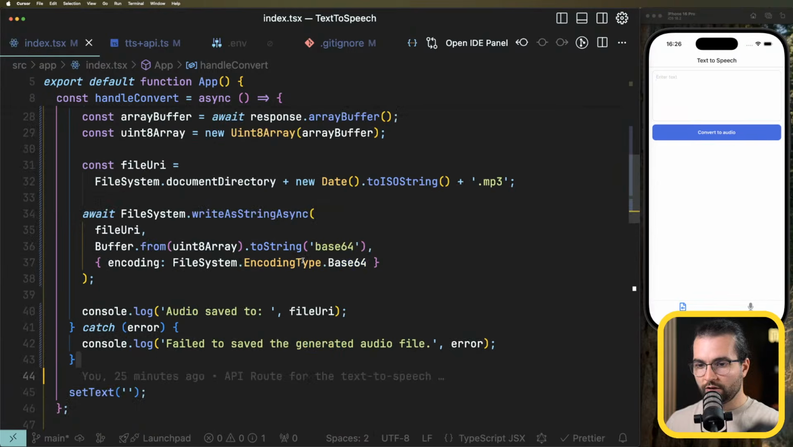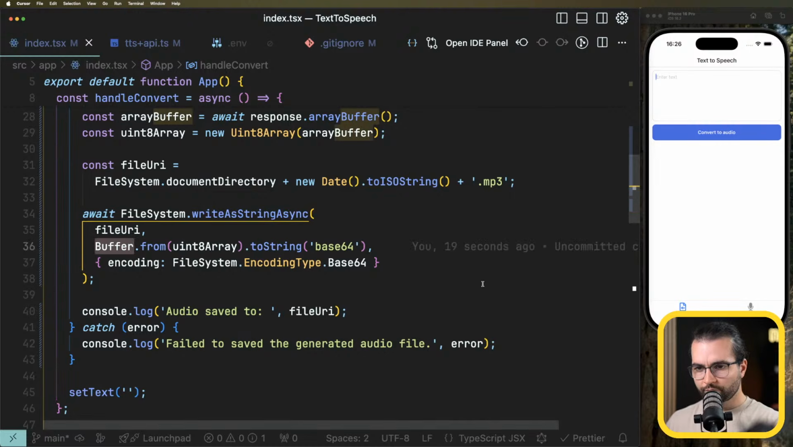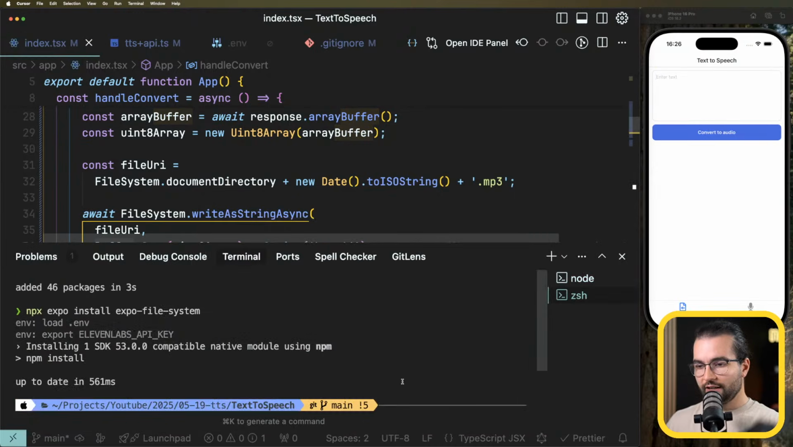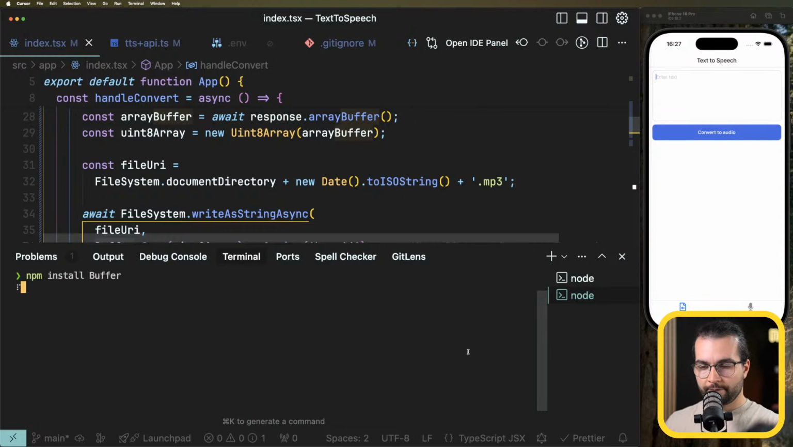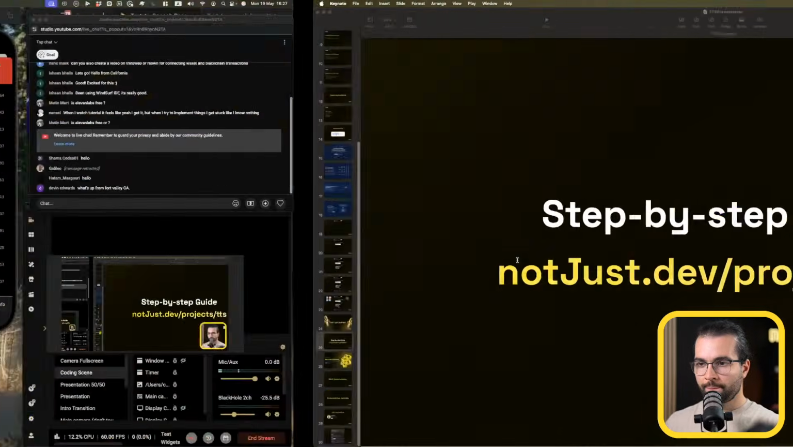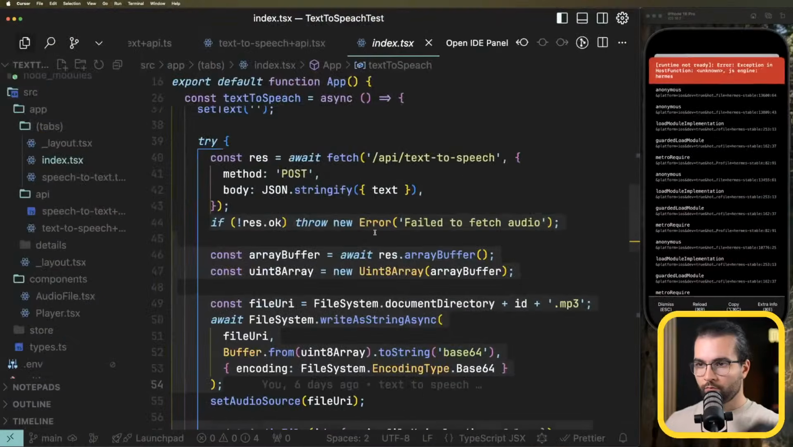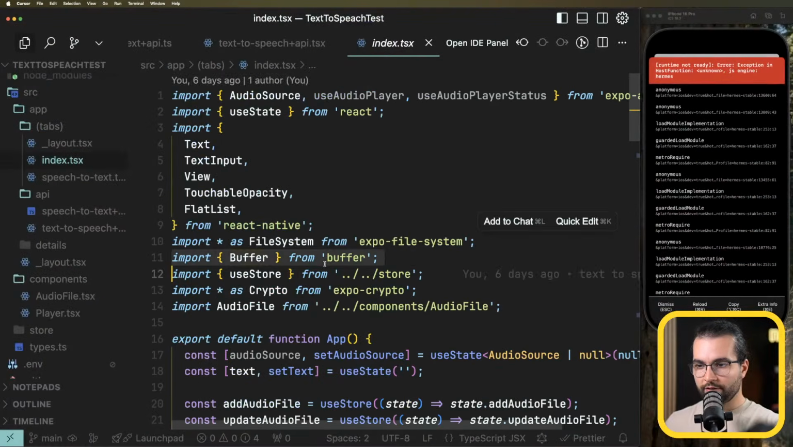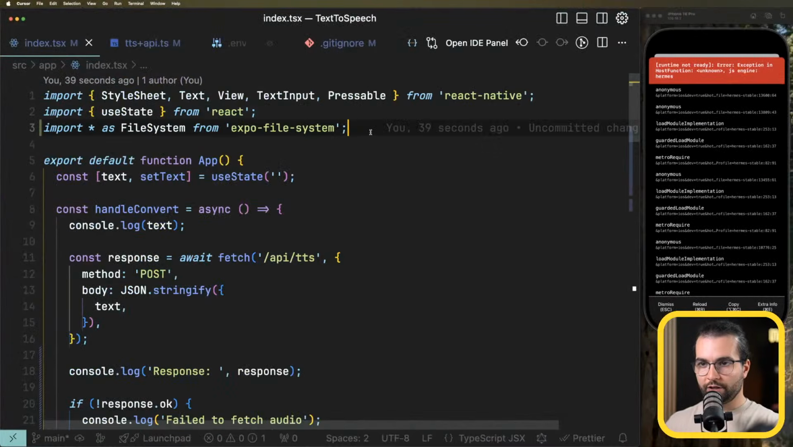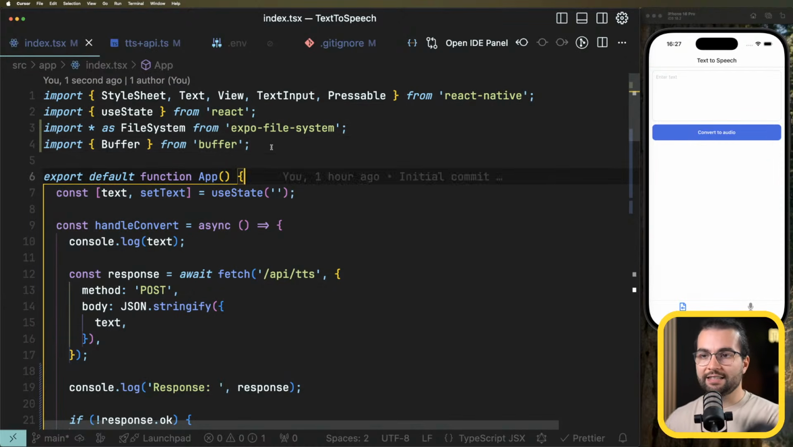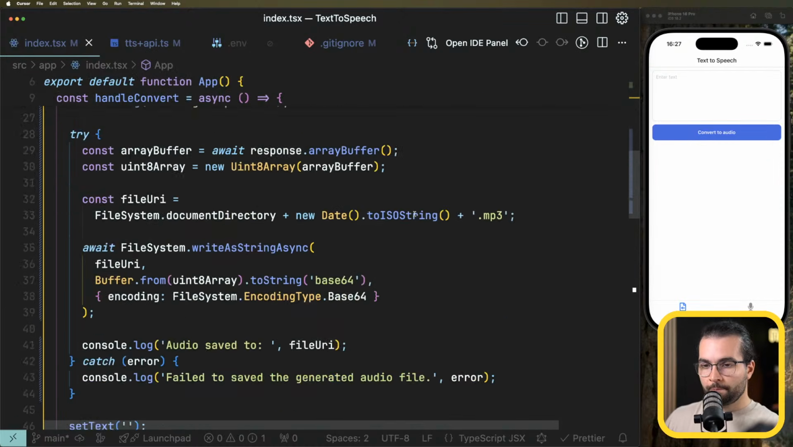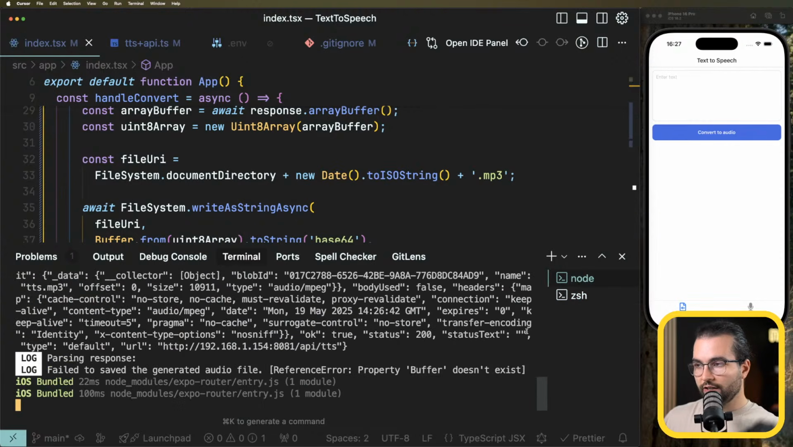I'm using somewhere this buffer, and I just need to install it. I forgot, and that's what's causing the error. So if I do npm install buffer, and simply import it at the top here in my client side, because buffer exists on the server side, but it doesn't exist by default on the client side. Now it should work. So now if I'm going to do hello, convert,